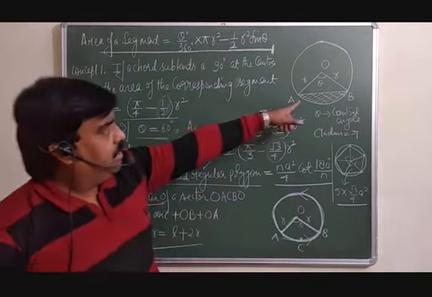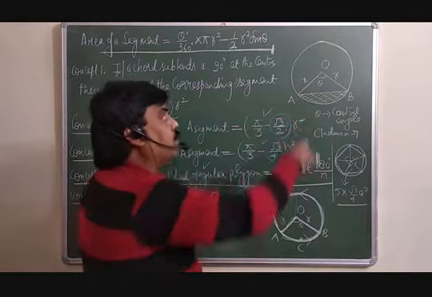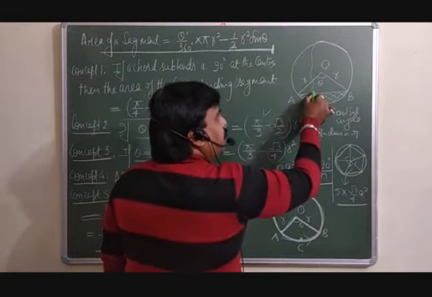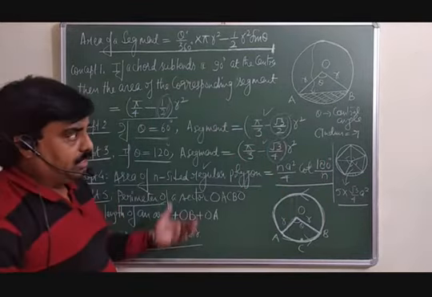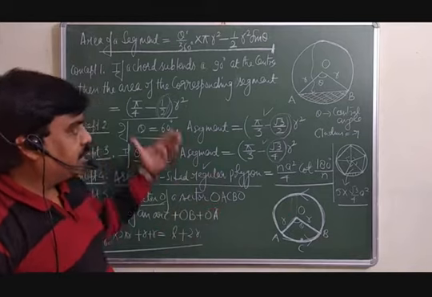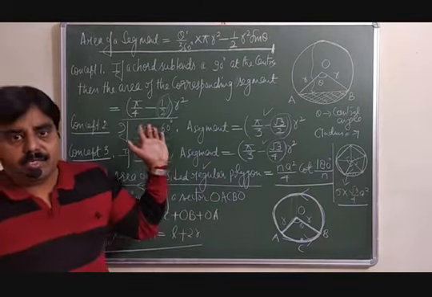See, here is the area of the segment. You can calculate this one. You want to calculate the area of the major segment. From the area of the circle subtract this one, you will get the area of the major segment. Likewise, in the sector also we can do it in the same way. Have a look. Few more points also we will discuss.